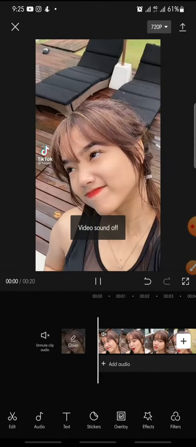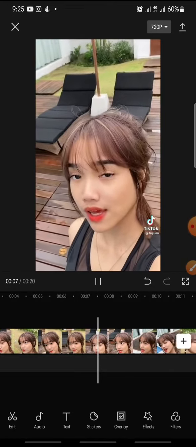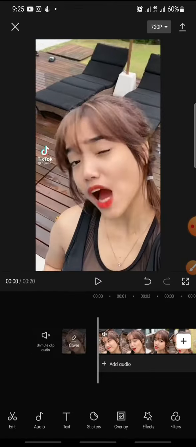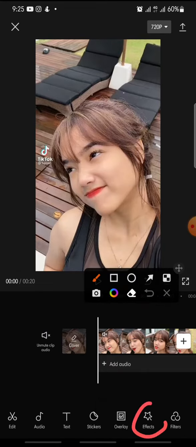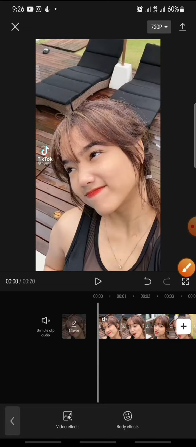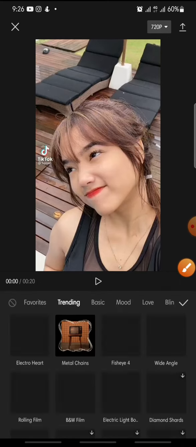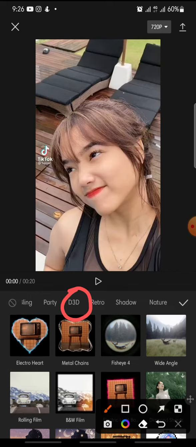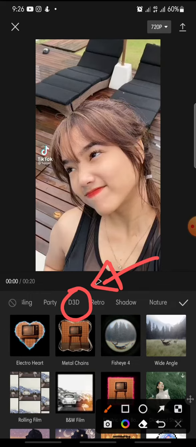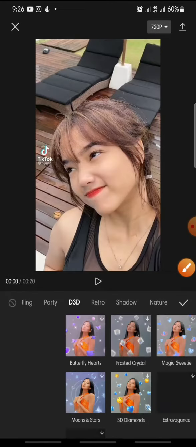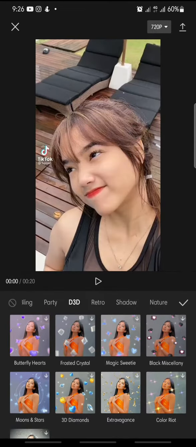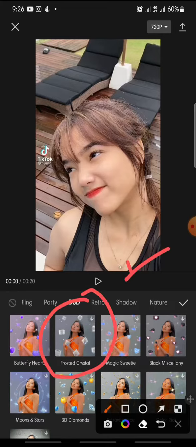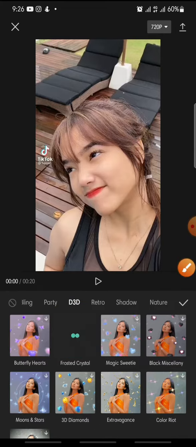Now I will show you, this is the original video like this, but in this tutorial I want to add frosted crystal effect. So you just click on the effect at the bottom, click effect, and at the menu you can click video effect, and in here you swipe until you can see the 3D. This one, this is the newest feature on CapCut, so just click on it, and in here you can see frosted crystal effect, this one. So just click on it